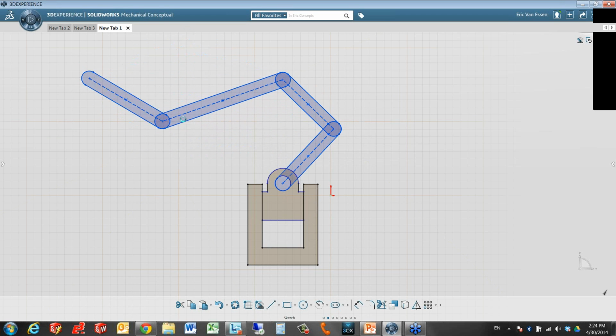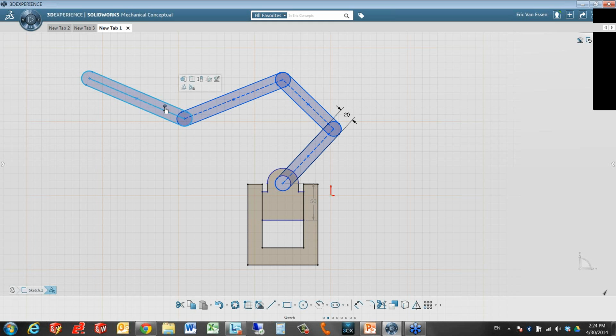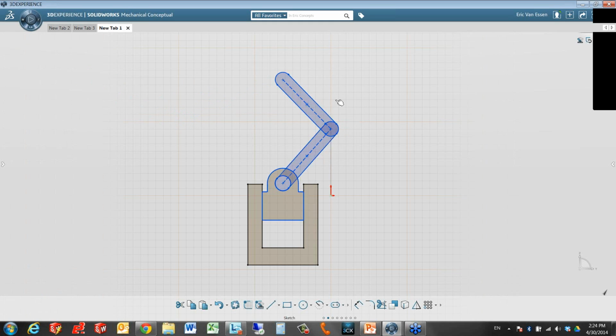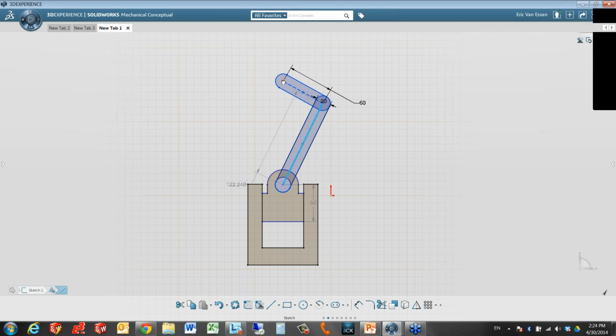And you can go and stretch and push and pull them to fit the way you want. Or what you can do is start locking down, again, the sizes. So if you wanted a certain size like this, I can either lock it as a shape, or I can apply a certain size. Say that I want this to be 60,